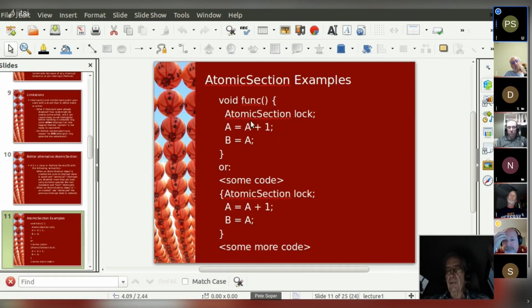So what it does is it creates an object called lock before executing the body of the function, and then just before returning from the function, it destroys lock, and just before that happens, it restores the original state of the interrupt state.